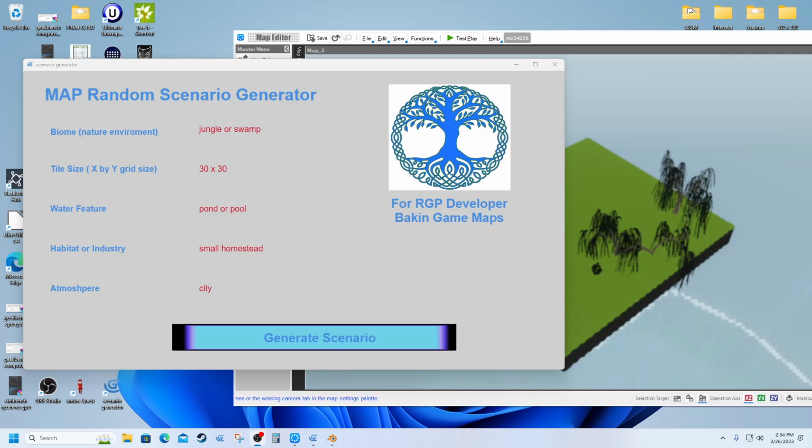Okay, today I'm going to do something different. I'm going to do a little build along. I've been meaning to try out my little random scenario generator for a while. So what I did was, about half an hour ago, I dialed it up and this is what I